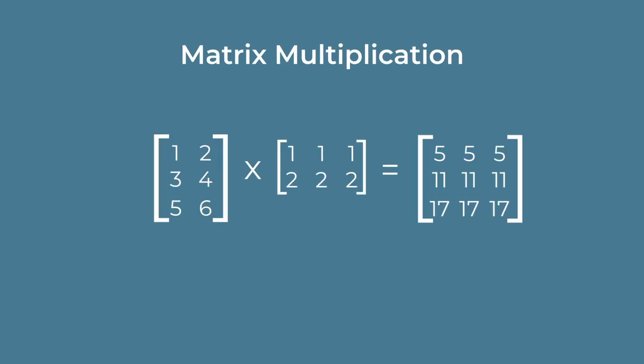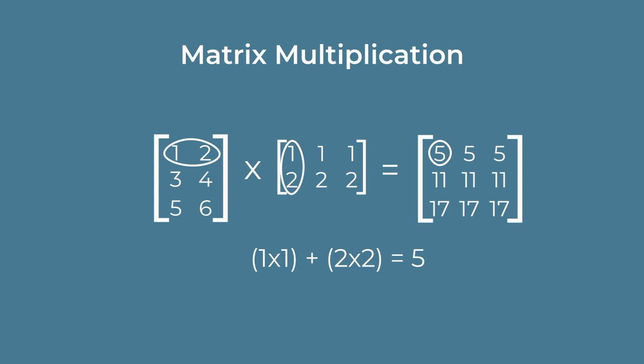Multiplying matrices is a bit different. It combines the rows from the first matrix and the columns from the second. This means that the number of columns in the first must match the number of rows in the second. The summation of the first number in the first row multiplied by the first number in the first column and the second number in the first row and the second number in the first column give us our first value